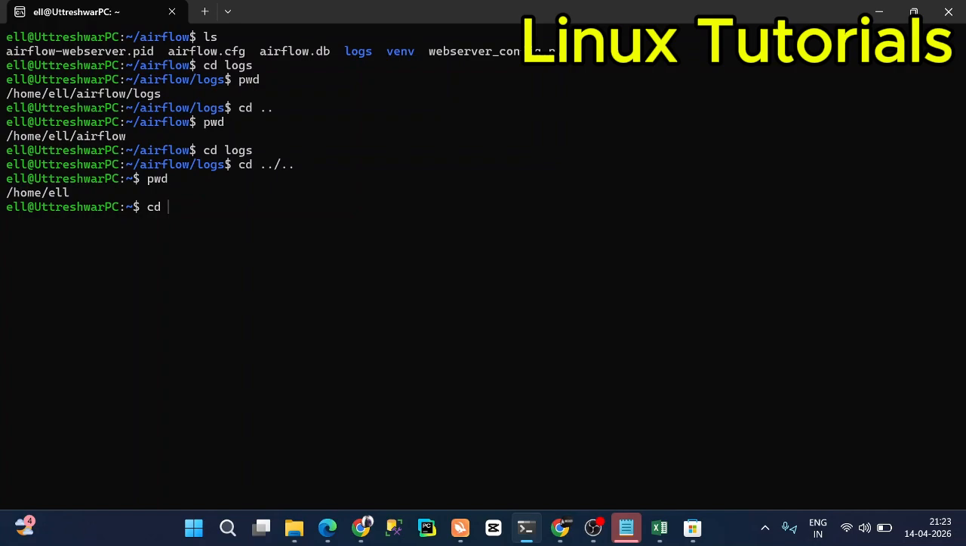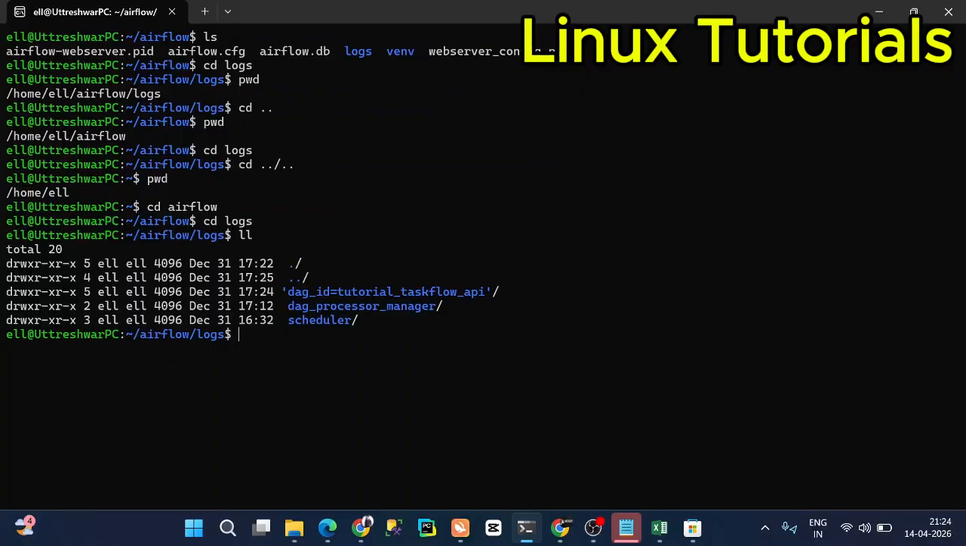But this is not an ideal way to work, because suppose we are in the home directory. Let me show you again. Let's go to the airflow. We are in airflow, and then inside it we have logs. Inside the logs we have scheduler. cd scheduler. Okay, we came to the scheduler. Now,